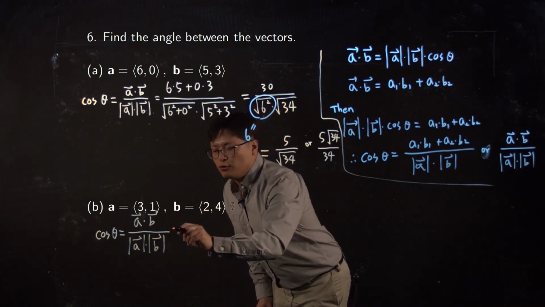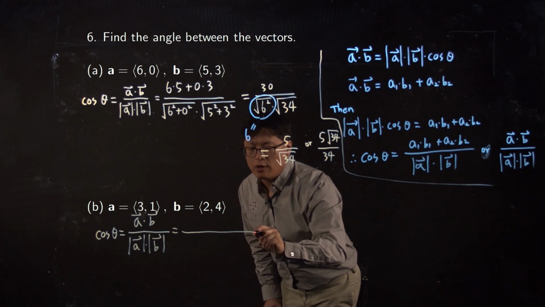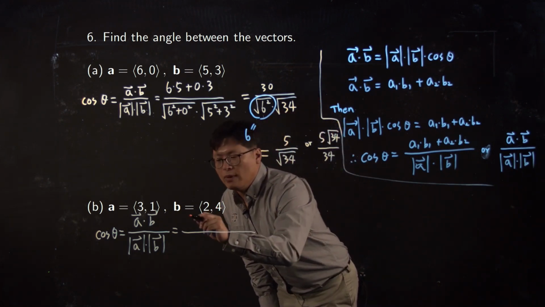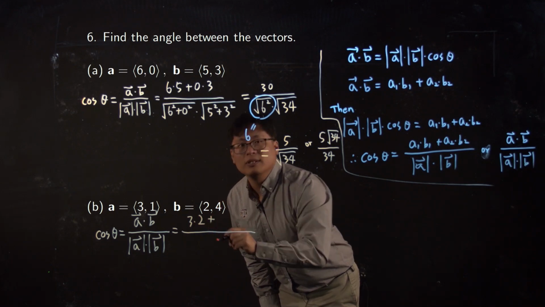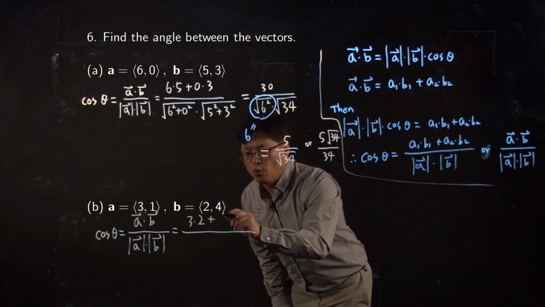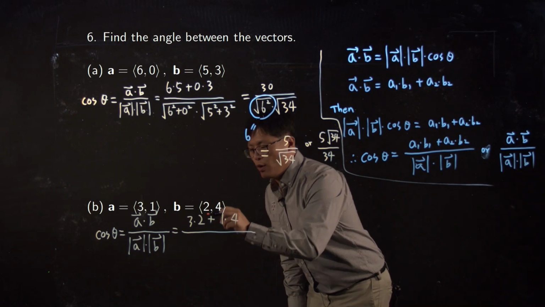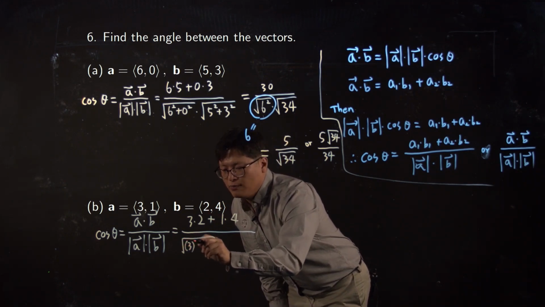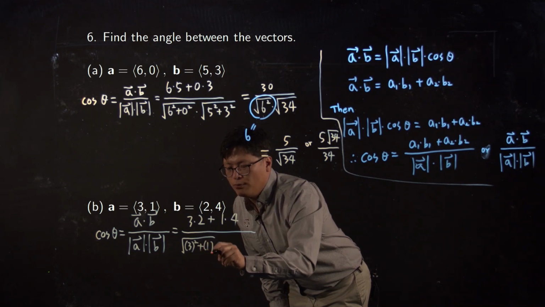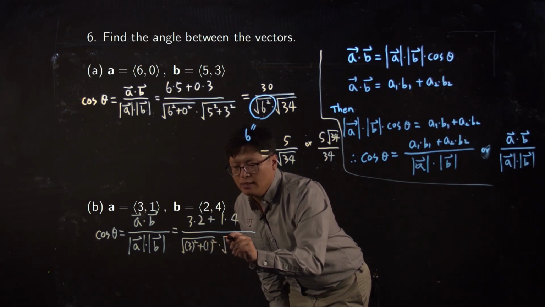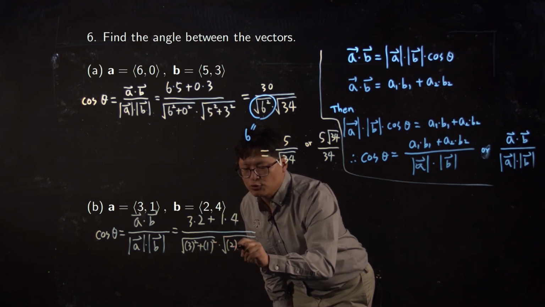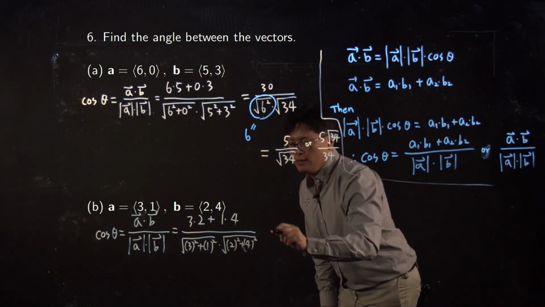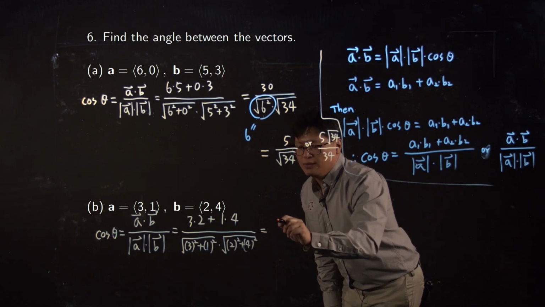The numerator can be calculated by the second formula of the dot product, the product of the X components plus the product of the Y components. And what about the length of vector A? Square root of X component squared and Y component squared, times the length of B, 2 squared plus 4 squared. So that is equal to 10 over